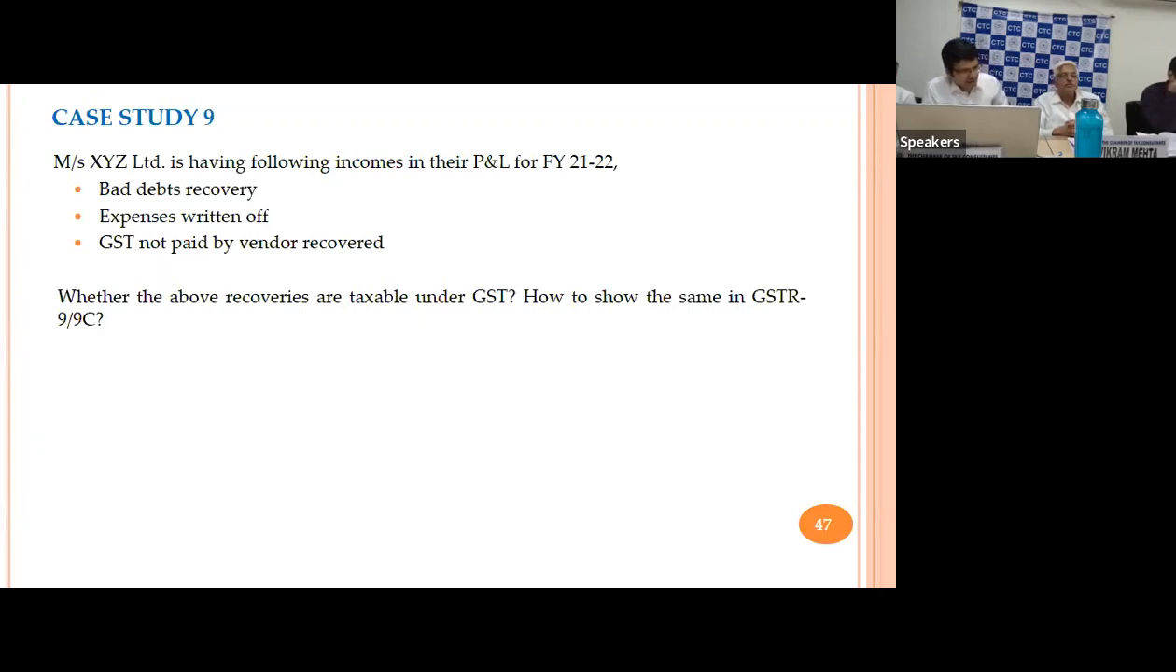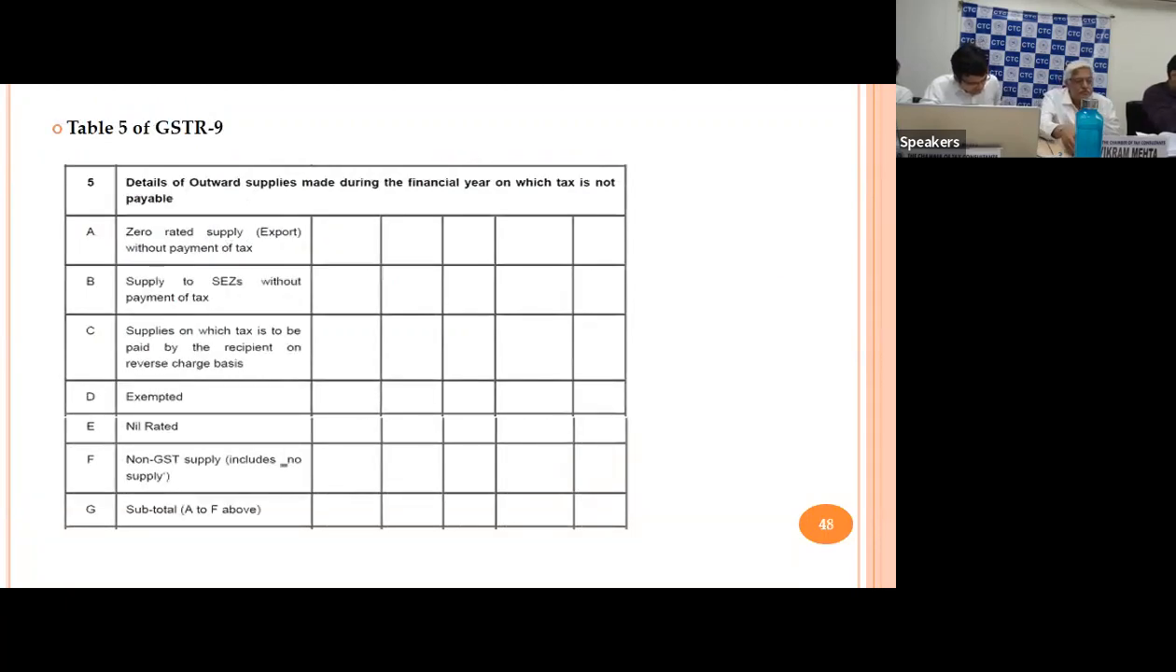Agreed. None of these values will get reflected as an income or as a taxable supply. Now the question is how to show these in GSTR-9 and 9C, because it is part of your P&L. So where will you reflect it in GSTR-9, or whether you will reflect it or not? I'll tell you, there are two options. If you see the next slide, in GSTR-9 table 5,